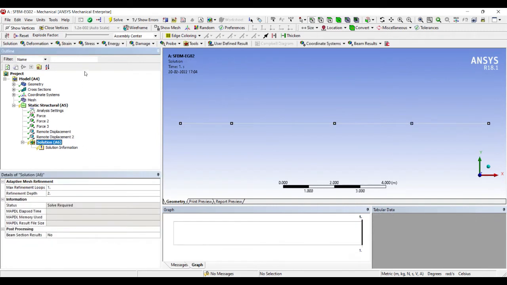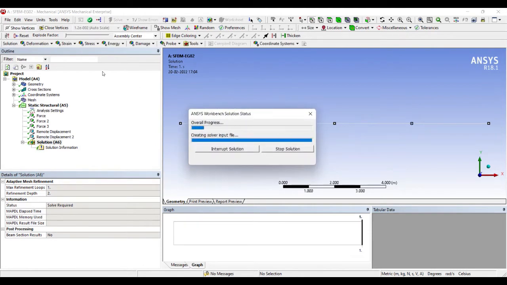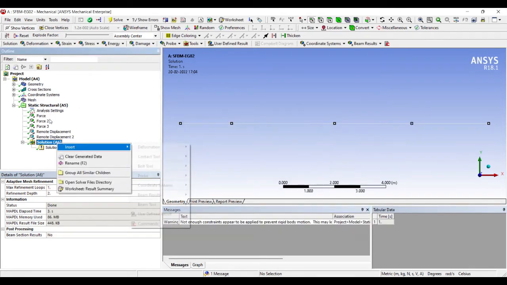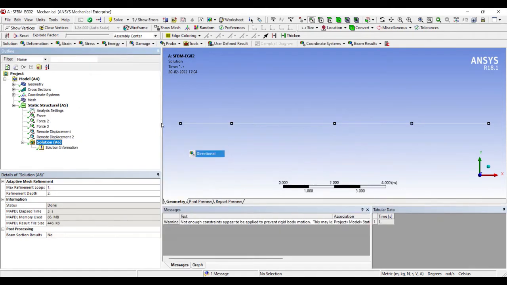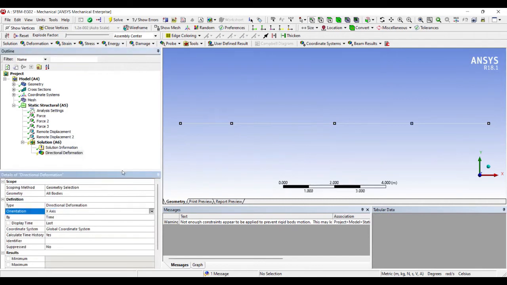Now I'll go to solution, solve. I want to see the solution of deformation directional along the y-axis.